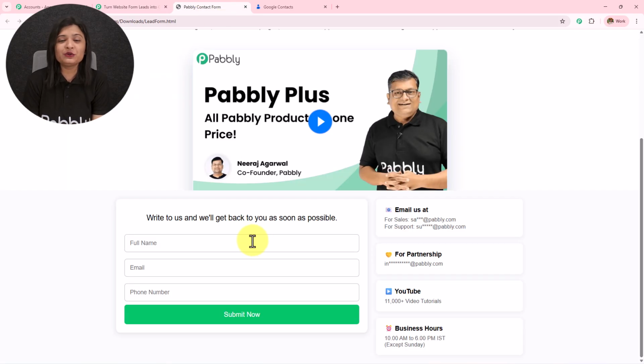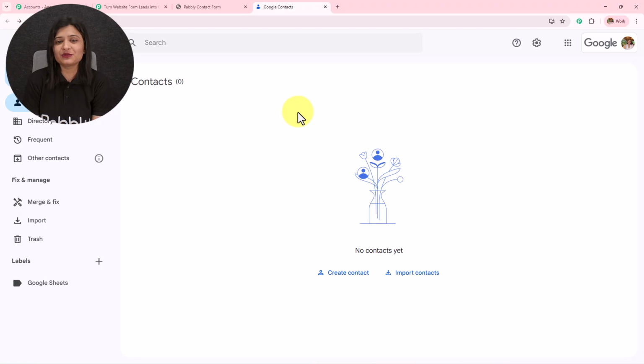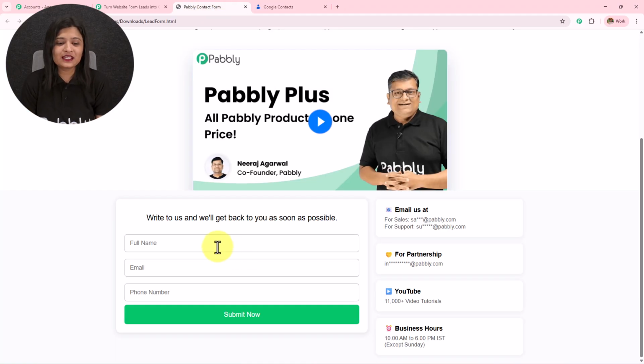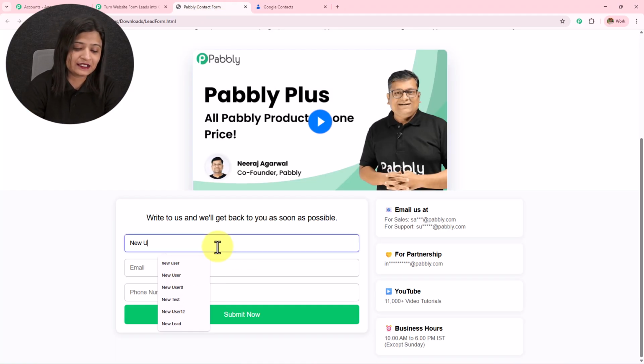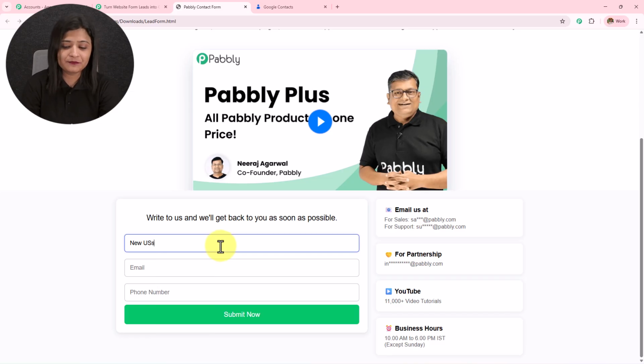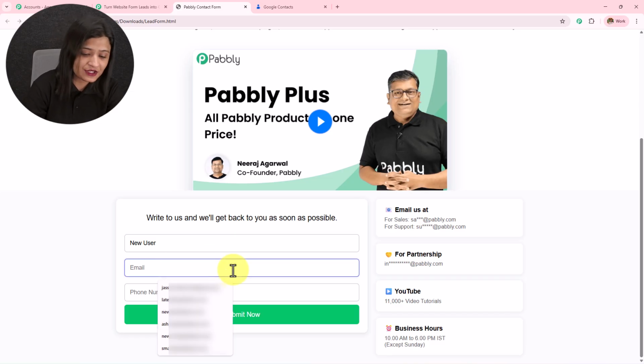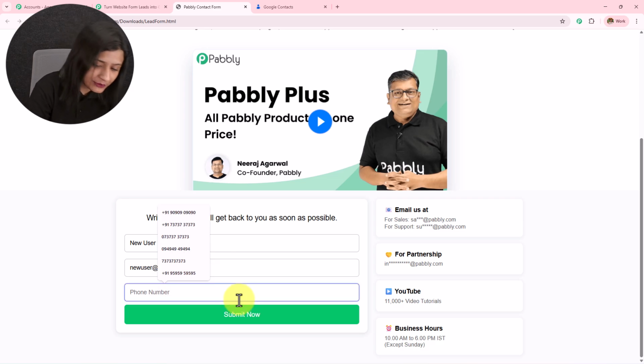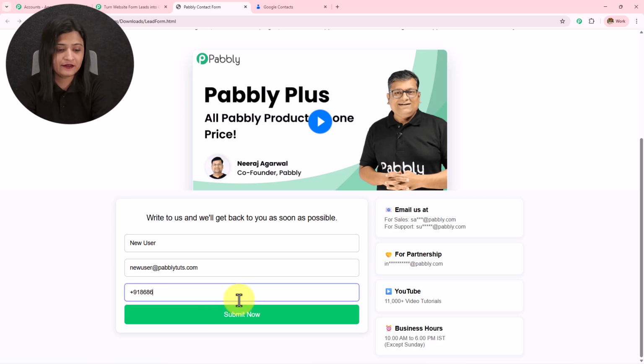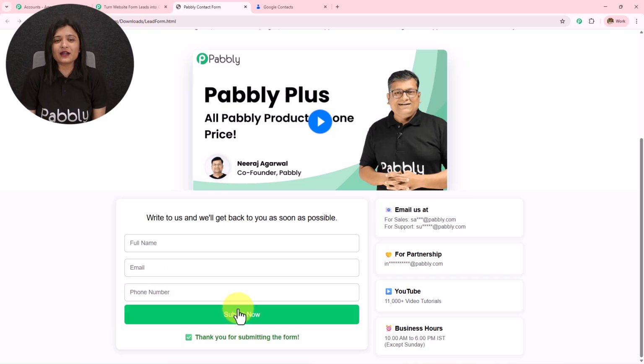For that, I will be doing a form submission. As soon as I do this form submission, a contact should be created in my Google Contacts. Now here I'm going to enter some dummy details like my name is new user. I will enter my email address as newuser@pabblytudes.com, and then I'm going to enter my phone number here. I'm going to click on the submit now,